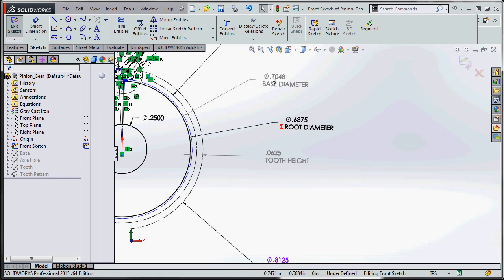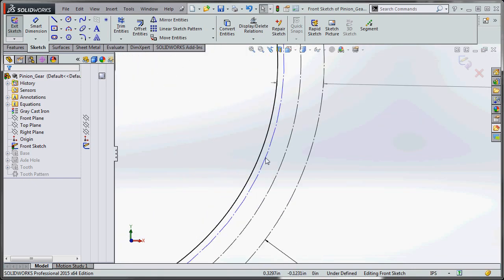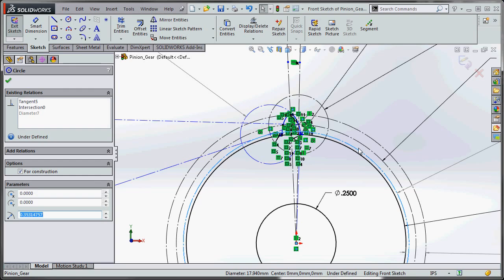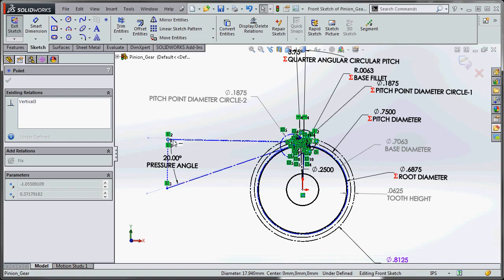What that does is it grays it out in the background, and you notice that we still have some blue items in here, which means it's not fully defined. Like the circle, which is the base diameter, has the ability to move around a little bit. I don't want to move it a whole lot because it'll probably go in. What you need to do to make these fully defined is to grab an endpoint and move it around